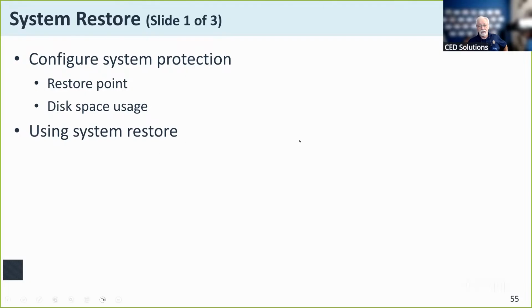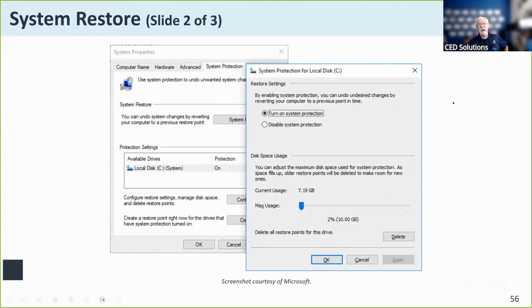I've done that in the past when we were able to determine when a system was infected with malware. We rolled it back to a restore point prior to that time. It erased the malware. Okay. So you decide how the system is going to be restored. You decide if you want to erase it down to the bare metal and reload everything, or you can tell it to restore just the operating system environment and leave your data files.